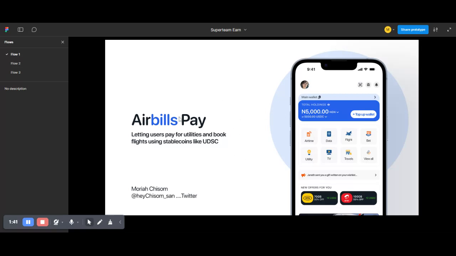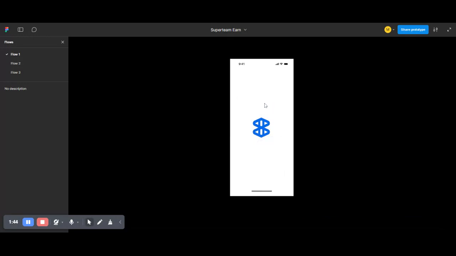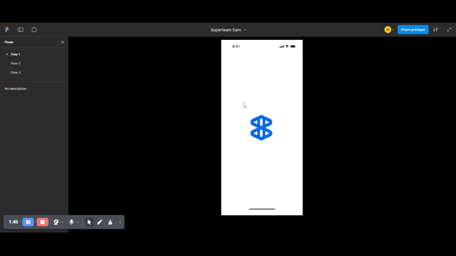Okay, let us move into the design now. My first major improvement was the guided onboarding experience. I thought it would be more useful to have one onboarding screen that shows